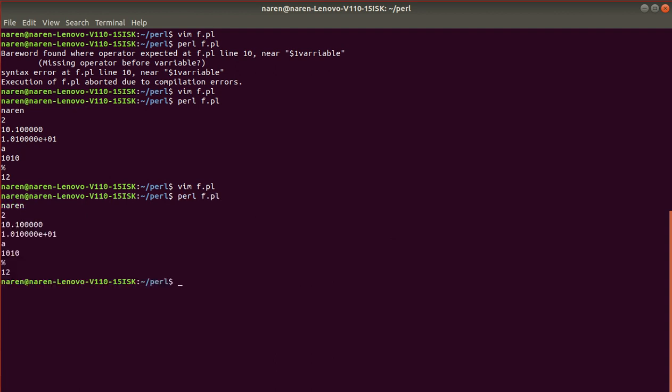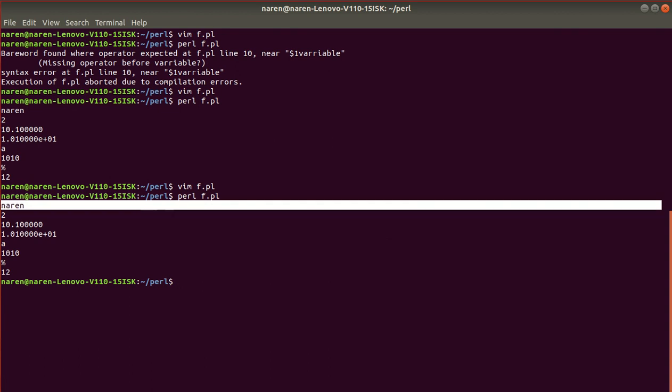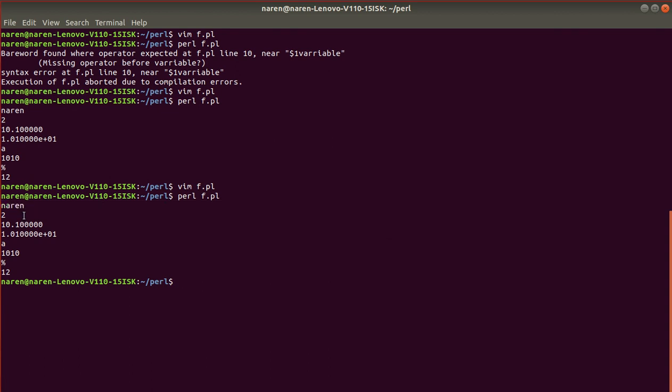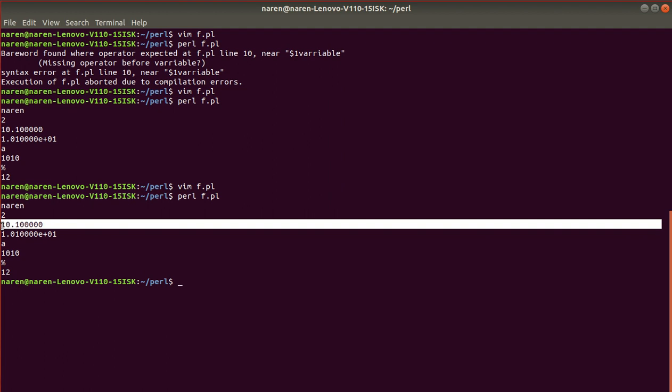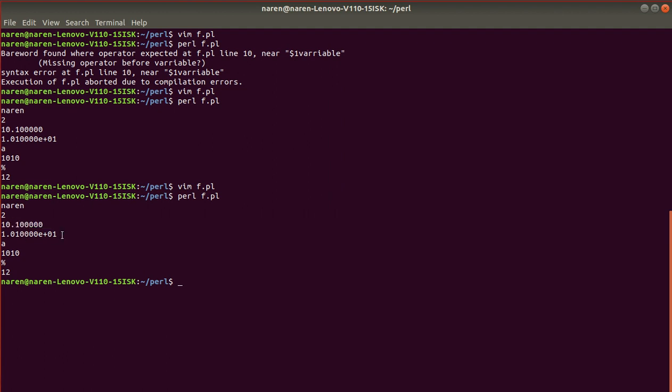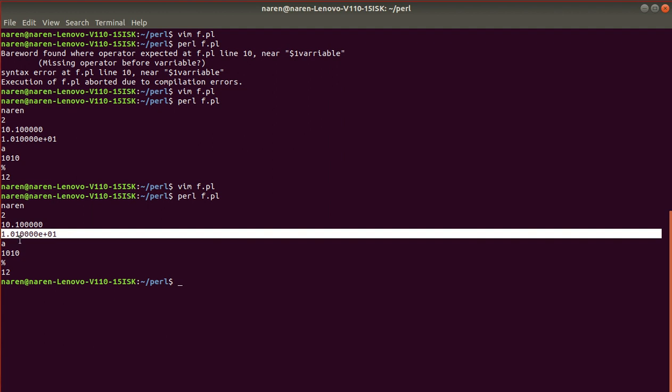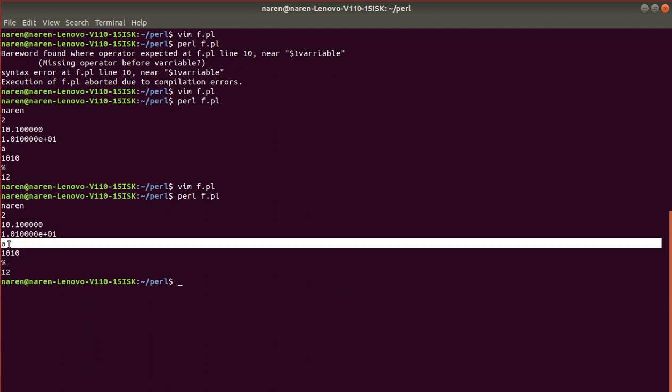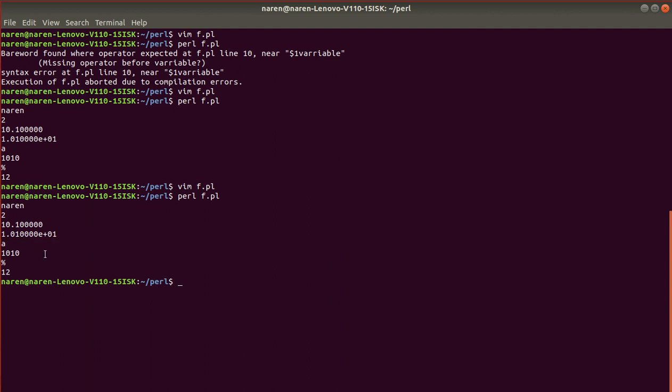So here we have, this is for the percentage s, so it printed the Naren. This is for integer percentage, it printed the integer 2. This is for the floating value percentage I have used there, so it printed 10 point some floating value. This is for the scientific manner of the floating value. This is for the character, there I have used 97 I think, so it printed the character value. 97 is the ASCII value, so when we use ASCII values, it will print the equal character.